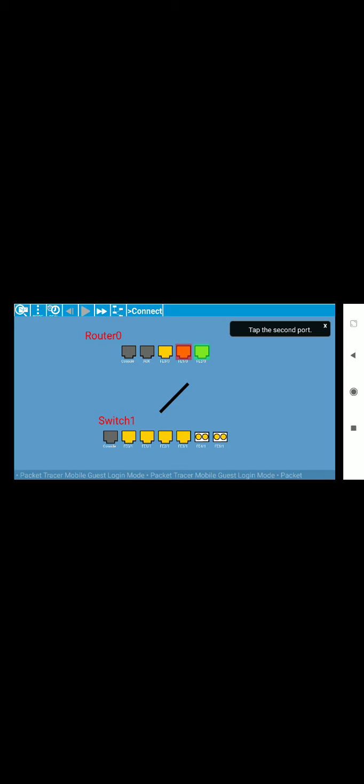FE10 is shown in red color, which indicates that this interface is already used. So we have to select a different interface, FE20, and from switch 1 FE01. So the connection is made here. In the same way you can connect computers to switches.